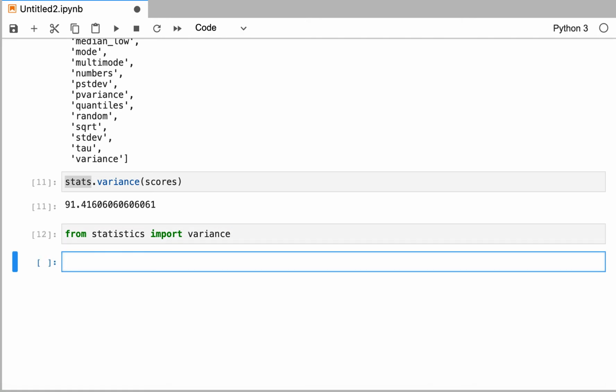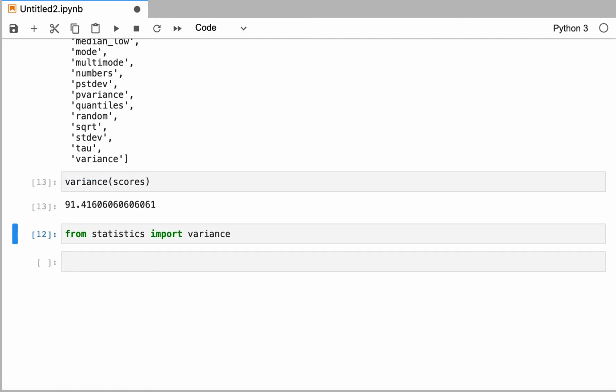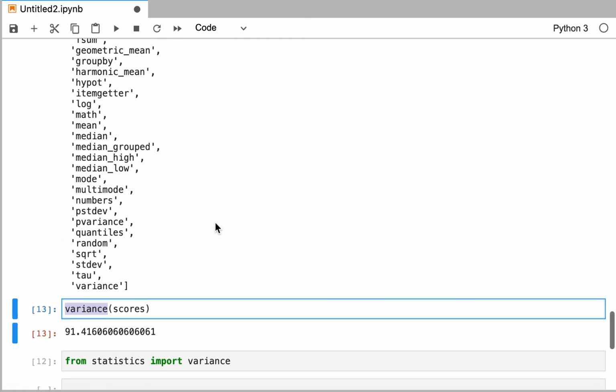And so when I do that, I no longer have to type stats.variance. I can just type variance. I still get the same number, right? But I've shortened what I had to type, and that's okay for situations where you've got a huge library and you're concerned about the size of your code. I think you're better off